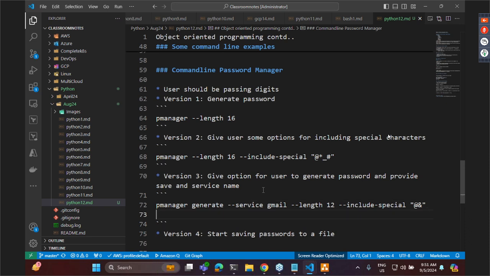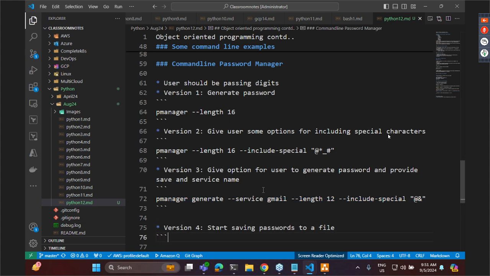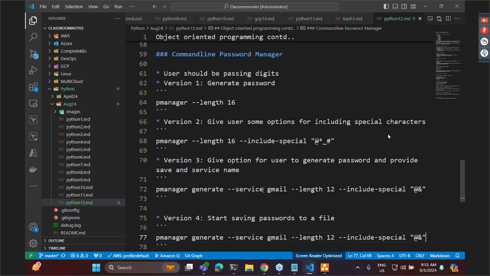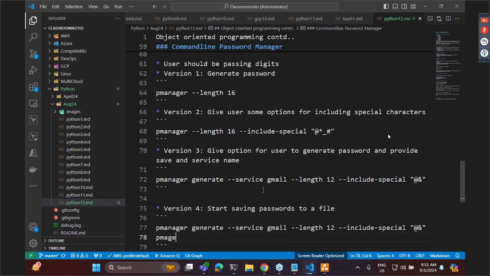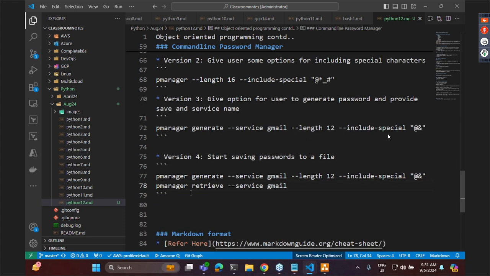Once you generate passwords to a file, once the user generates a service, he should be able to do password manager retrieve hyphen service Gmail. That is, after once generated, retrieve should give you the password you saved. Okay, right. Save passwords to a